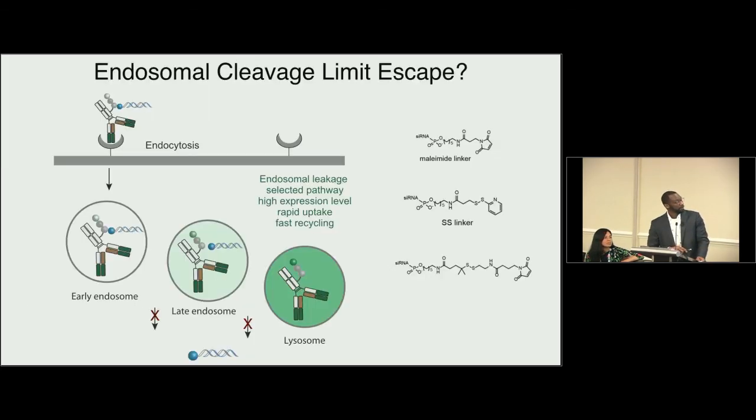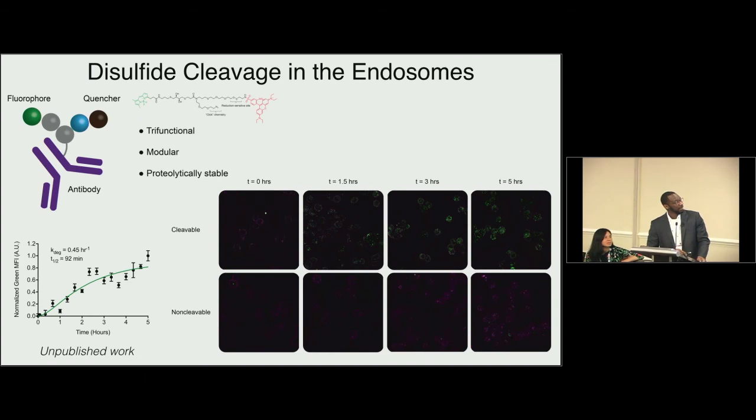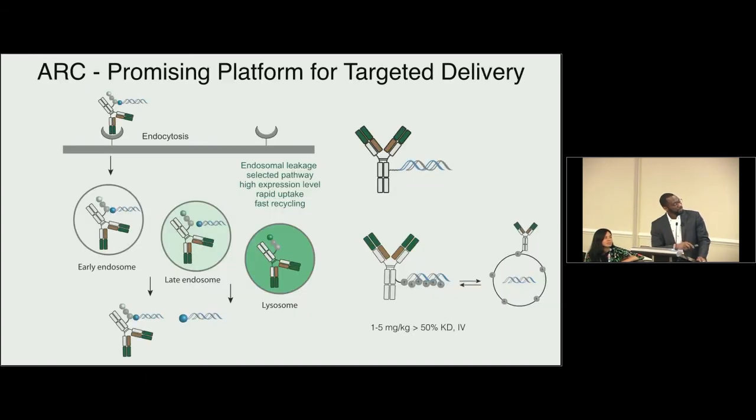All right, so skipping through all these slides. Just wanted to finish with, again, this is where we think we need to understand a little bit more about the system. We know that we need these high expression levels, but really it's how they escape and what happens post-escape, or at least what happens post-endosome, that we need to understand. I don't think disulfide bonds are the way to go. In fact,